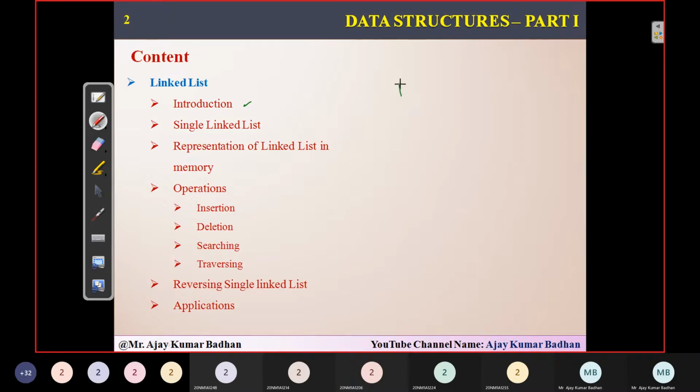I said that a linked list is generally represented in the format of a node. This is what we call a node, and this node consists of two different blocks. The first block consists of data, where we are going to store the actual data element. The next block is represented by a pointer called star next. This is a pointer variable which will be pointing to the address of the next node.